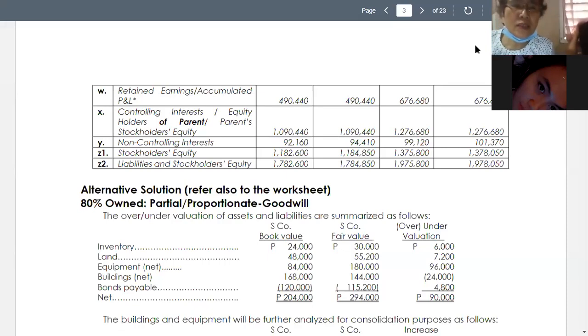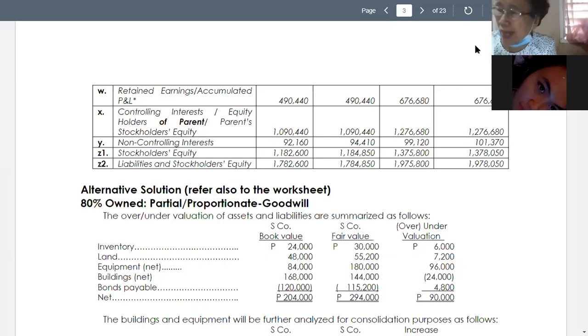Okay. So we are now in non-controlling interest of 92,160. Now you have a follow-up solution to that. 92,160. We have the common stock of